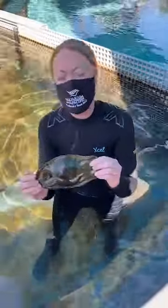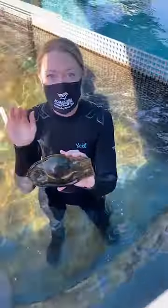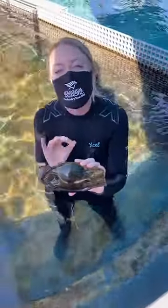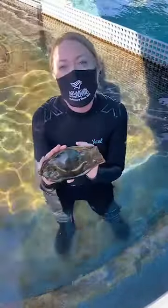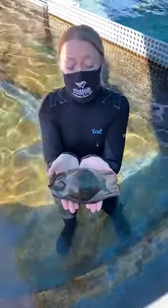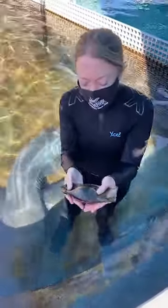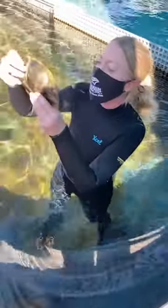Welcome back. So this is a zebra shark egg, and this came from our zebra shark Fern, and she will lay about 4 to 6 eggs each in one setting, and she'll lay those every couple months or so. Now this is not fertilized. We do not have a male in this exhibit, so because of that, I'm able to showcase this to you out of the water. But if there was a baby inside, let's see, you can actually, even though it's not